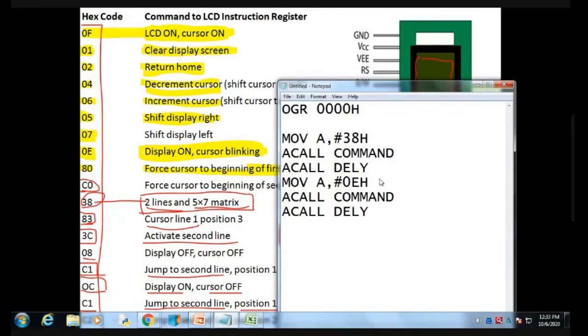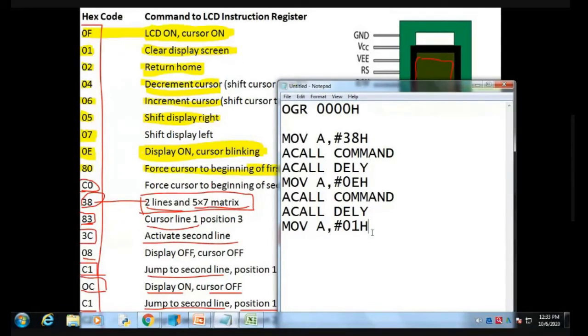The next command is MOV A, #01h. What is meant by 01h? 01h is nothing but to clear the display screen, so whatever the previous data on the display, that will be cleared out.